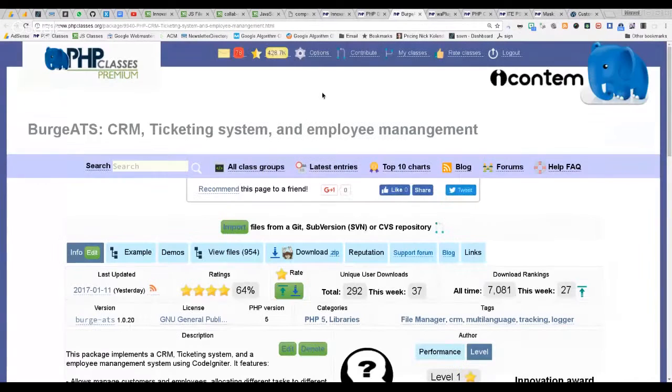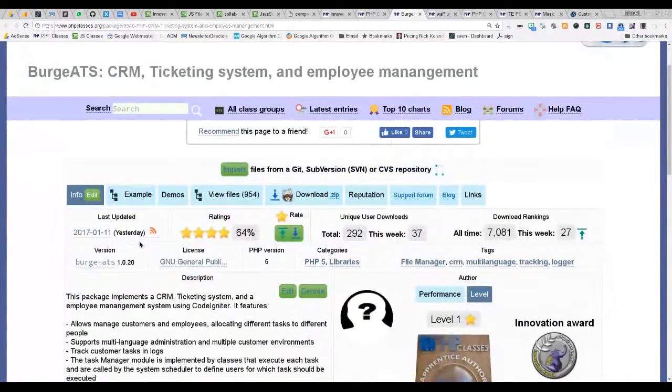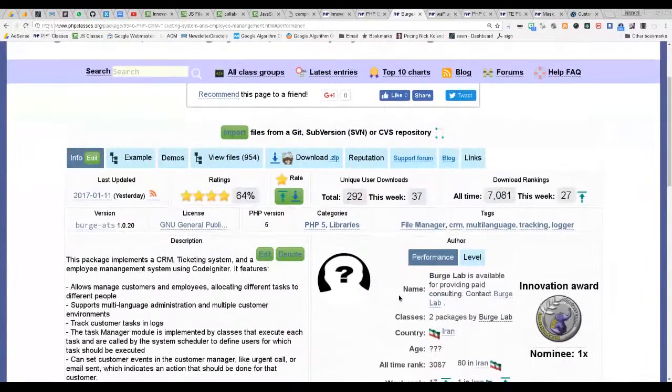The next package that I want to comment on is a more complex one. It's called Birch ATS. It's basically a CRM, ticket system and employee management system. So it's practically a whole application, and that was developed by